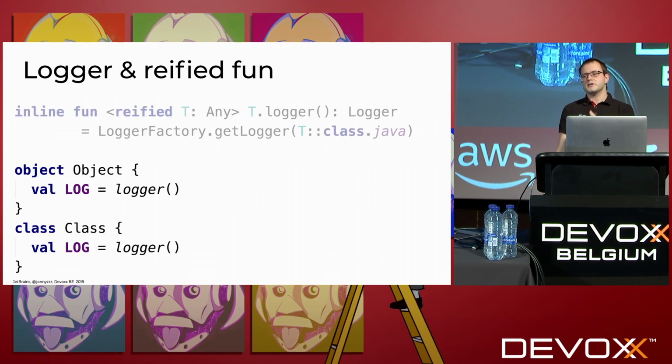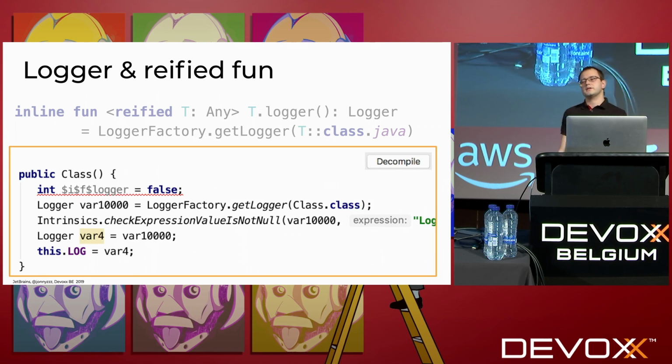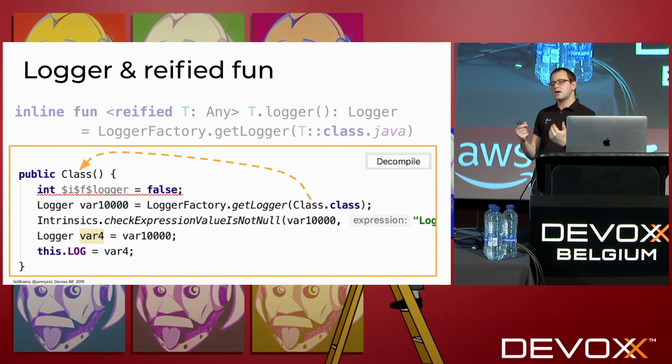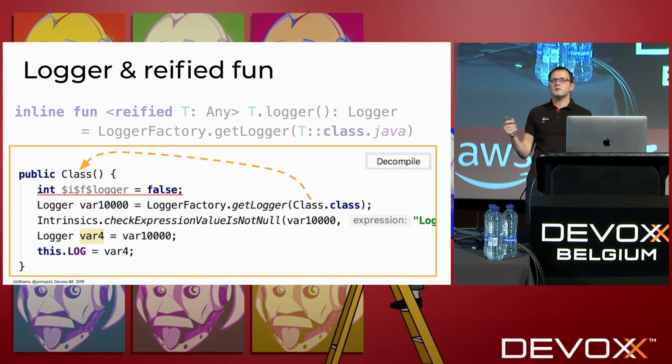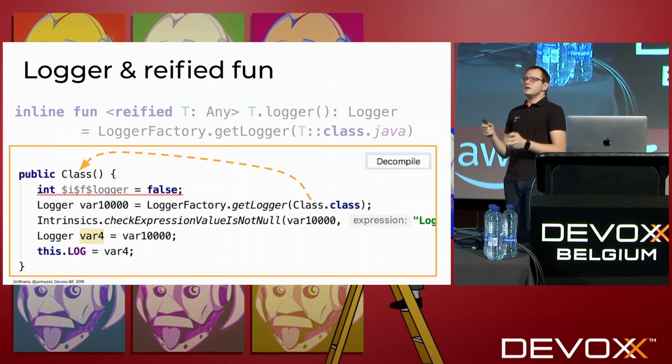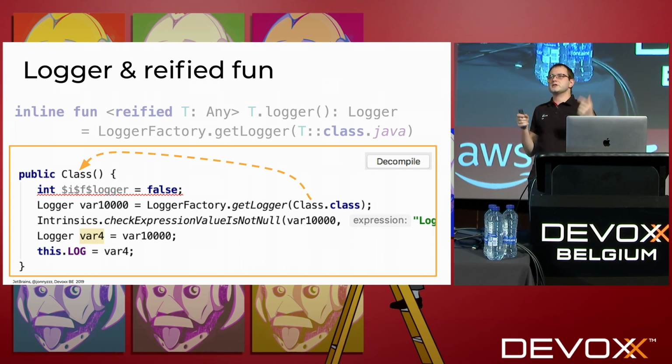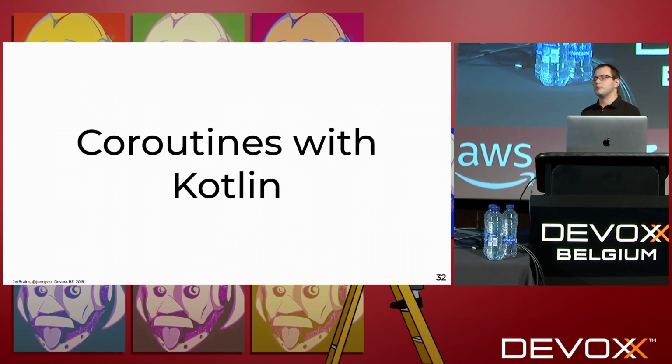And if we go and see the generated bytecode, we'll see something like that. So in this case, the logger is created from the class logger, and the Kotlin compiler would take care of passing this one into that one. And I no longer need to write the class twice, because if I copy and paste my code, sometimes I might forget to change the logger, which gives unexpected results in my program. Okay.